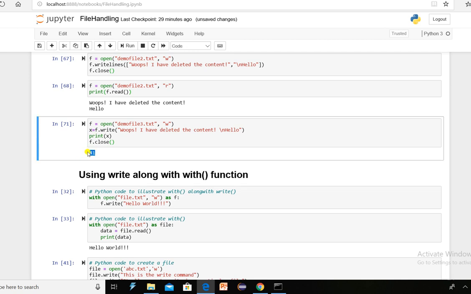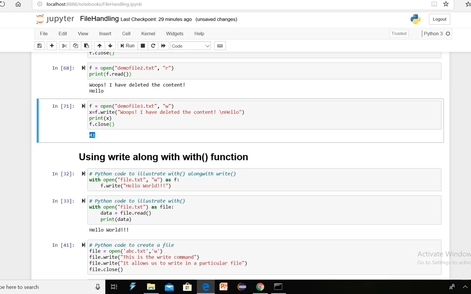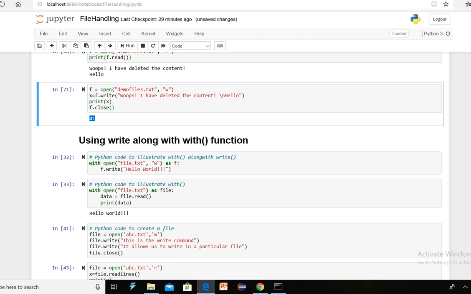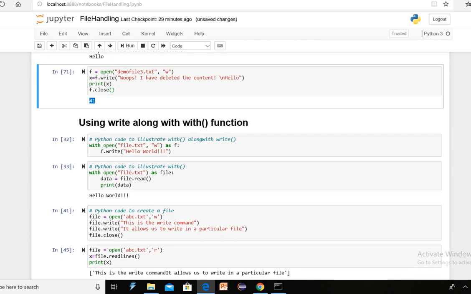That is nothing but 41 characters you have written in your file. But the same option is not available with the writelines method. The writelines method returns nothing. You have to remember this.